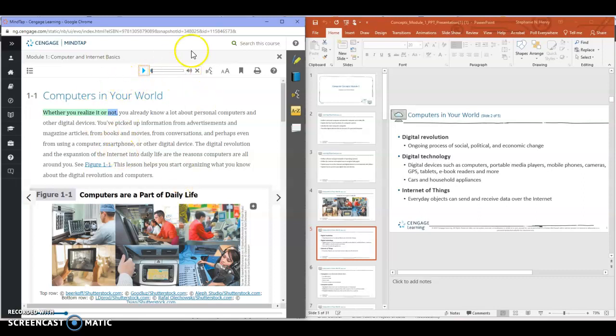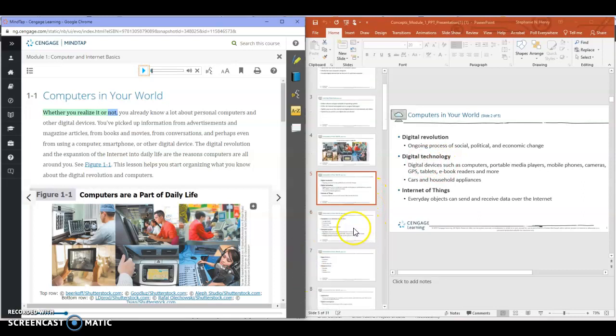You can read the book, you can have the book read to you, or you can go to the PowerPoint and just focus on the key terms. In class, I'll probably only have time to review the highlights of the key terms in the PowerPoint. And for the sake of time for this video, I'm not going to go through each term and just read it to you. This is something that you as a student would need to do,